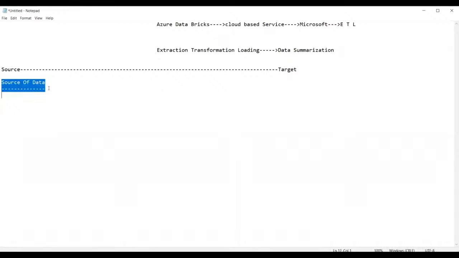Source of data is nothing but the place from where we get the data. A place from where we get the data is called the source of data. So we can get the data from the following files. Okay, files. What type of files, guys? But ultimately the files will also receive the data from the business. We all are working for the business or not? Even though you are working as a data engineer, that means you are working for a business or not? Yes, everyone, you're working for the business.